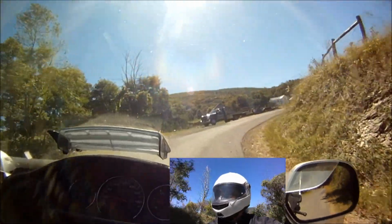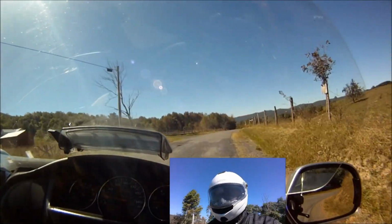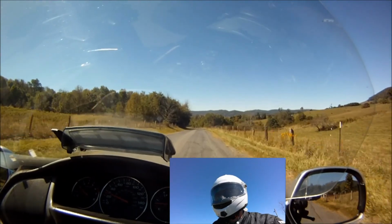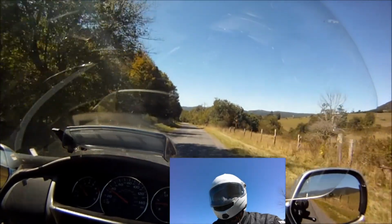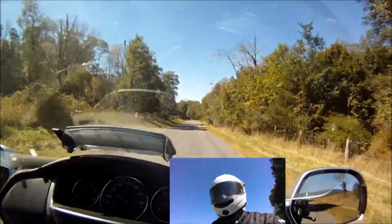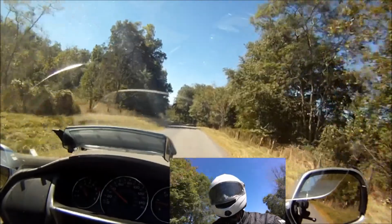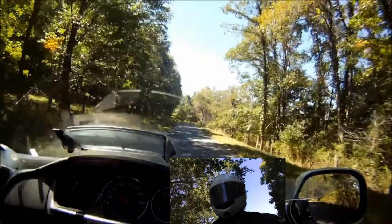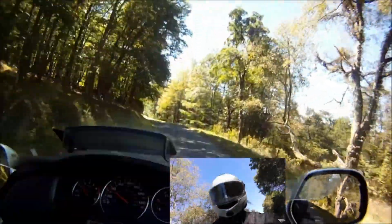About here, we're entering Virginia. There's a nice barn quilt on that one on the left, but that truck was blocking it. This is not a fast road by any stretch. It's extremely bumpy and it's narrow. There's not a whole lot of traffic on it, but like a fine wine or craft brew,